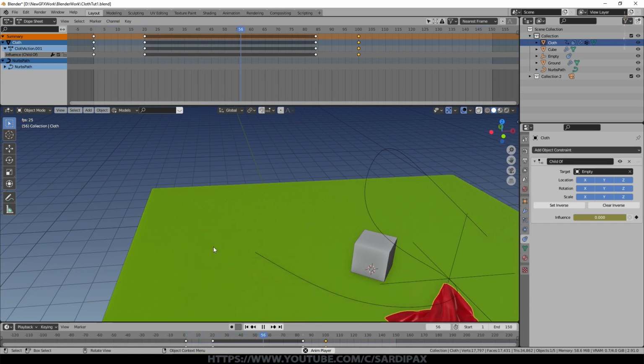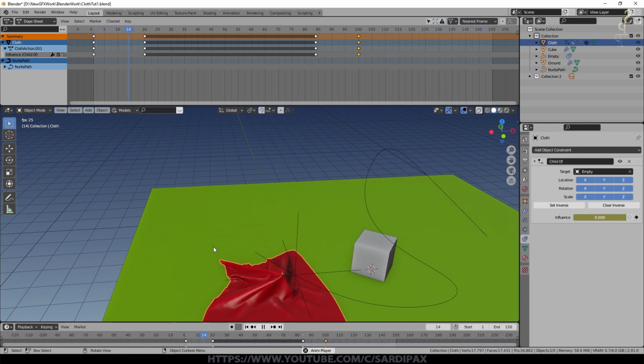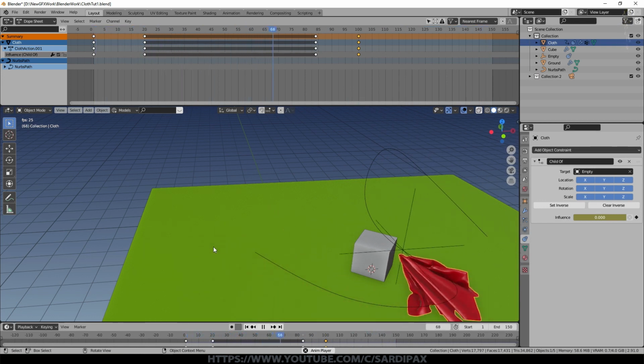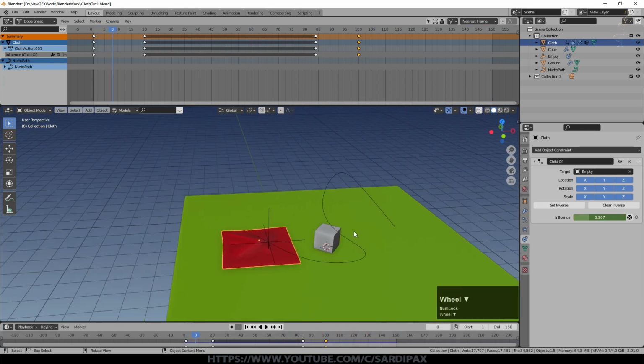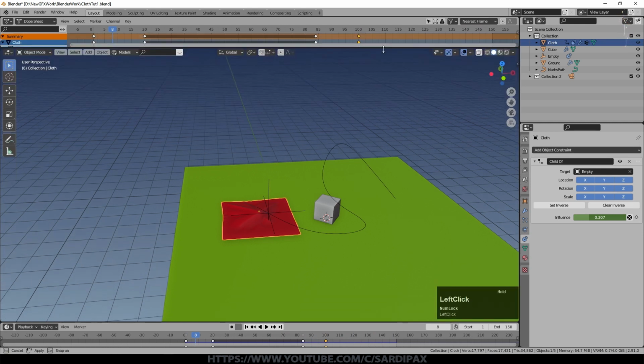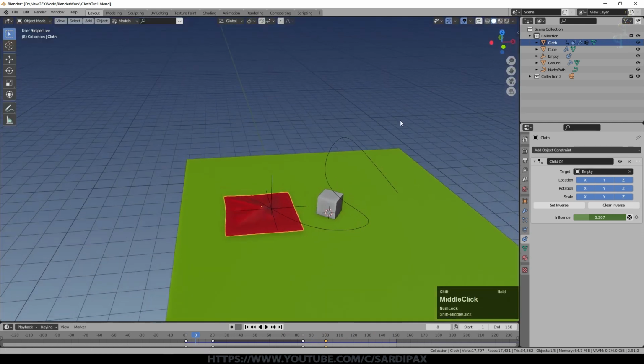So that would be a way for you to control how the cloth moves to some extent, and then have it default back to its original position or some new position, because of course you could still have other animated positions. So now what if we wanted something a bit like a curtain? I know there have been more extensive tutorials on how to create curtains, and I've even done one myself, but